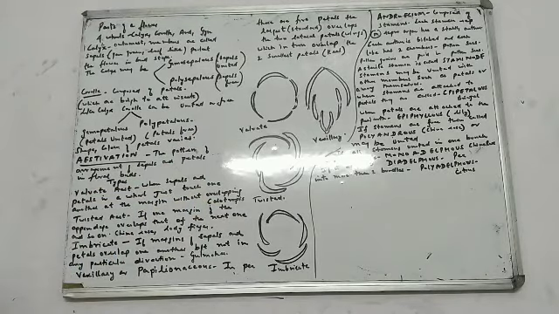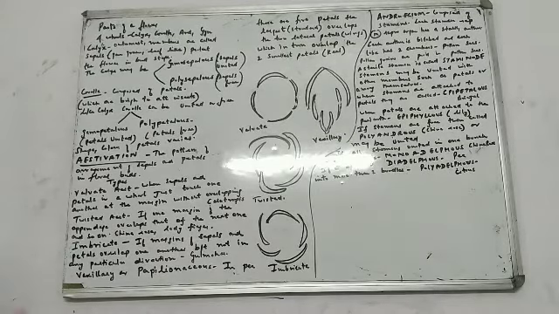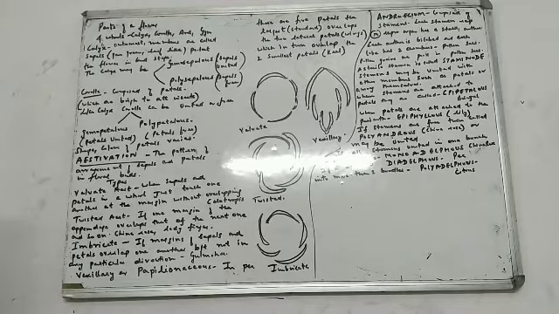Each anther is bilobed and each lobe has 2 chambers. That means how many chambers? 4 chambers. These chambers are what we call pollen sacs. What are they called? Pollen sacs, S-A-C-S. Now pollen grains are present in the pollen sacs.